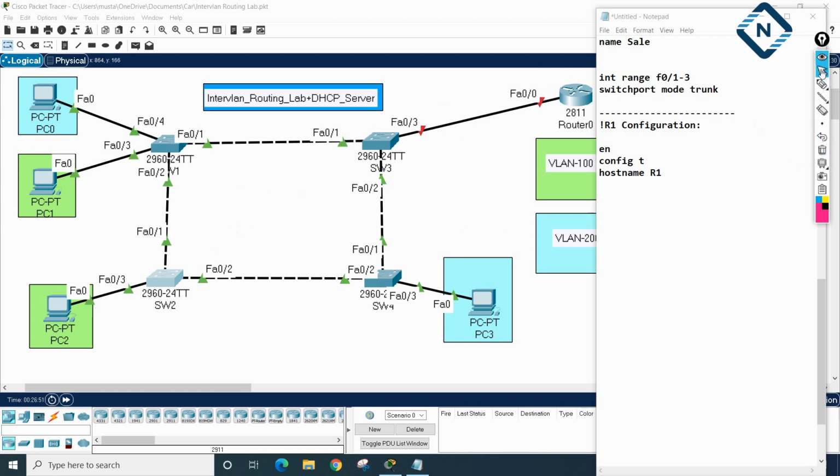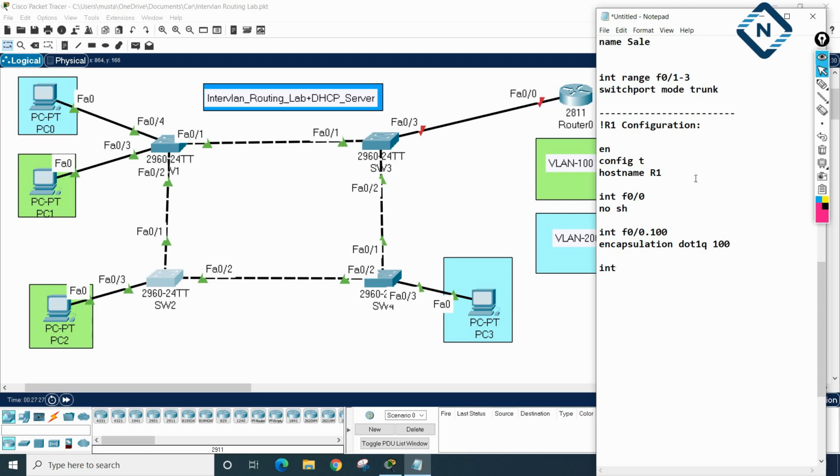So in the configuration, first of all I will go inside that interface, I will write interface FastEthernet 0/0, and write no shut. After that we are going to do the sub-interface, we are doing .100. Okay, this means we are creating a logical sub-interface. Then we need to write encapsulation dot1q. We will use dot1q. After that we need to give the number 100, because 100 is the VLAN, that is the tagging we are putting.